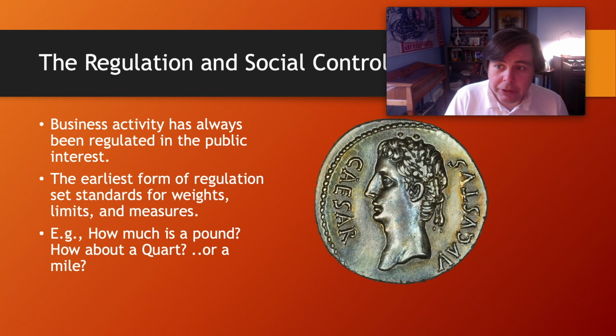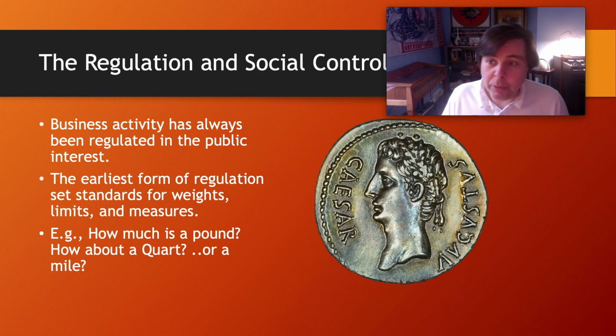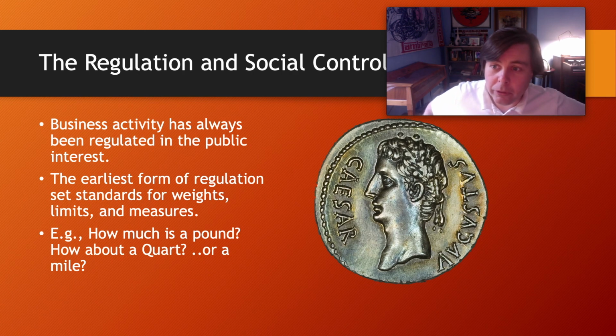In the very final section of this, we'll turn quickly to business regulation. Now, your textbook talks much more at length about business regulation than this video is going to do. There's just a couple things I want to say about it here, right? The first thing is that we should understand that business has always been regulated in the public interest and always will be. What we argue about is different levels of business regulation and how we're going to go about regulating business, and with good reason, right? Because when we're limiting what business can do, of course, we're limiting how that investment process can occur, and so that's an important decision.